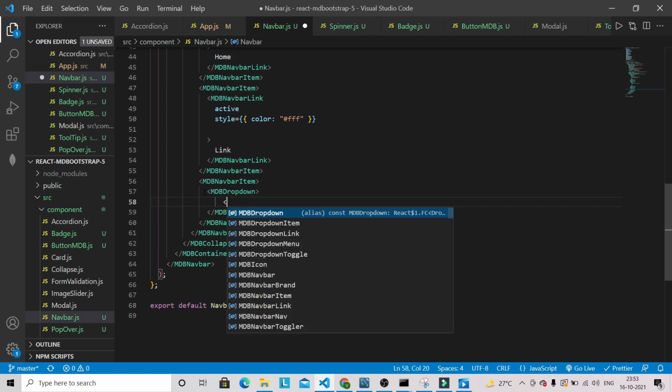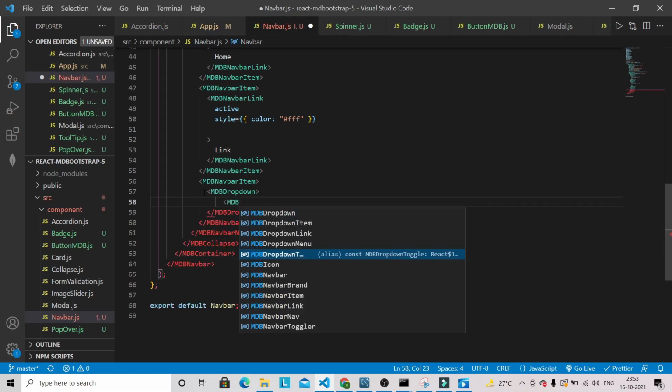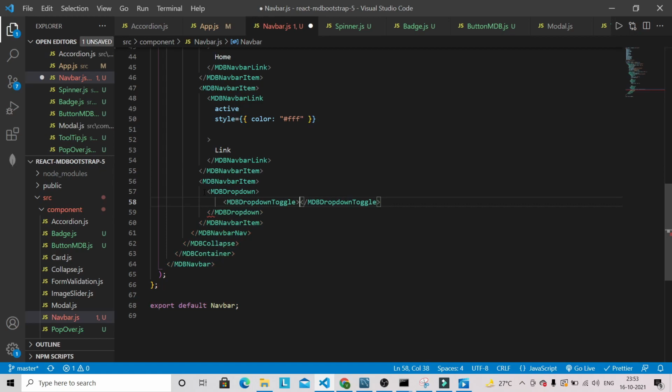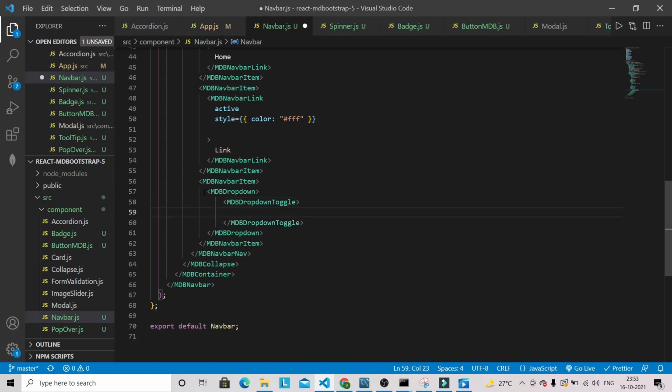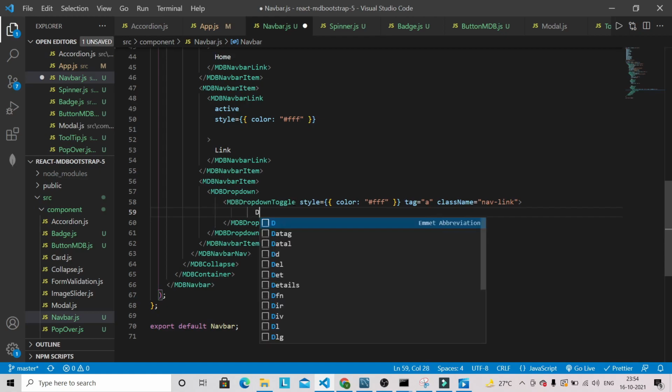Then we're going to have MDB dropdown toggle, and we're going to have a color, this one, so let's paste here, and we can give here tag, that will be a, and className nav-link. Inside this toggle we have to define dropdown.